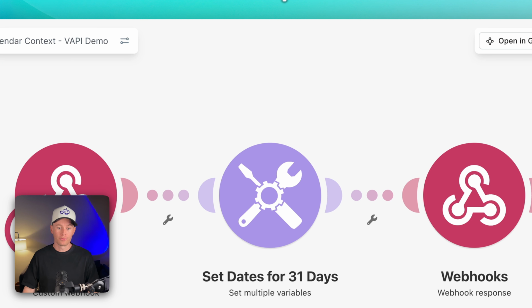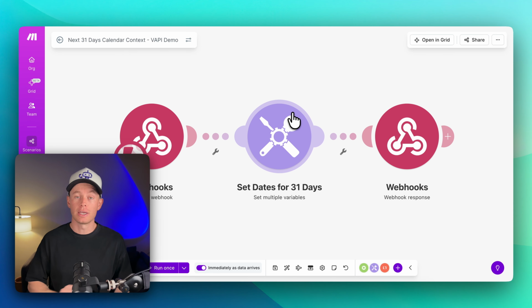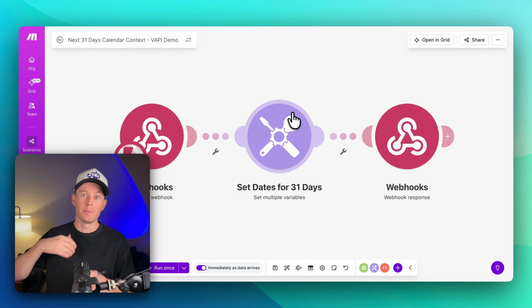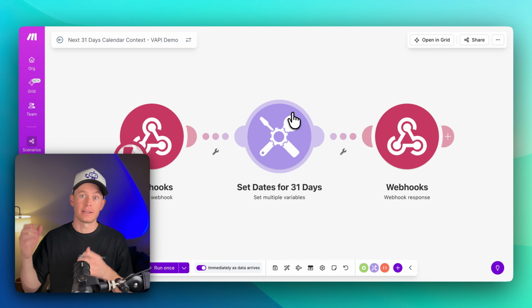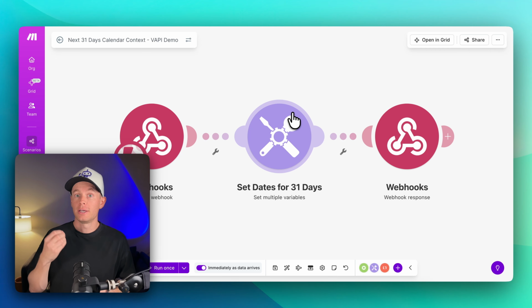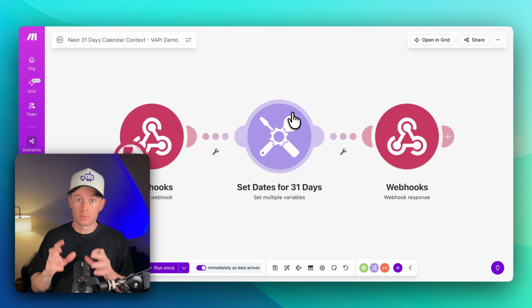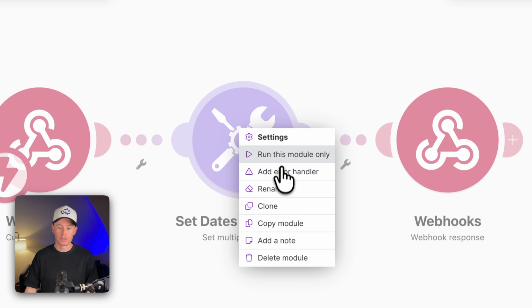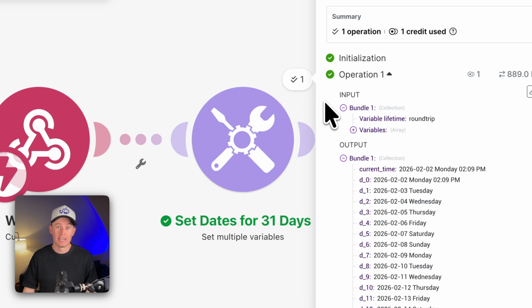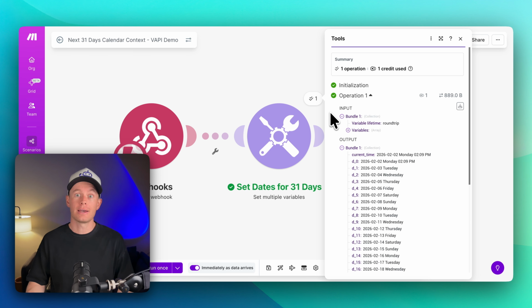For the 31 days of calendar context, it's looking up to get the current date and time and the next 30 days of calendar context so that it can factually determine what, if the caller says, are you guys available tomorrow, right? What does tomorrow mean? Sometimes the AI would get it right without context, but oftentimes without proper factual calendar context, if I just run this really quick and show you, the AI will hallucinate, and it will sometimes determine that tomorrow is Wednesday, July 16th, 2024, 2 years ago, right? Sometimes it just hallucinates, so you need to make sure that you're giving it factual knowledge.